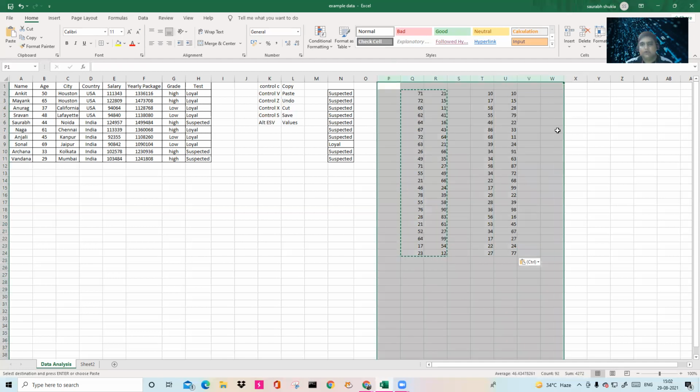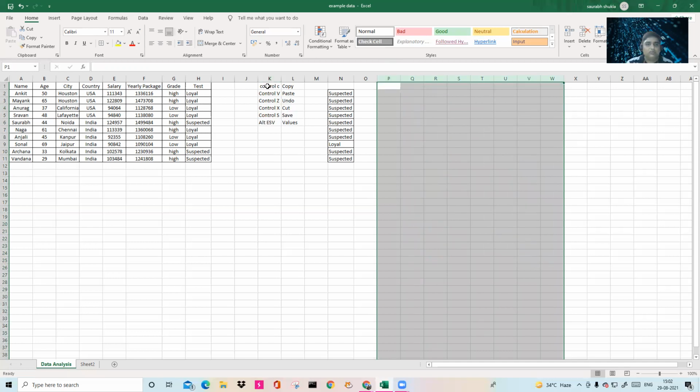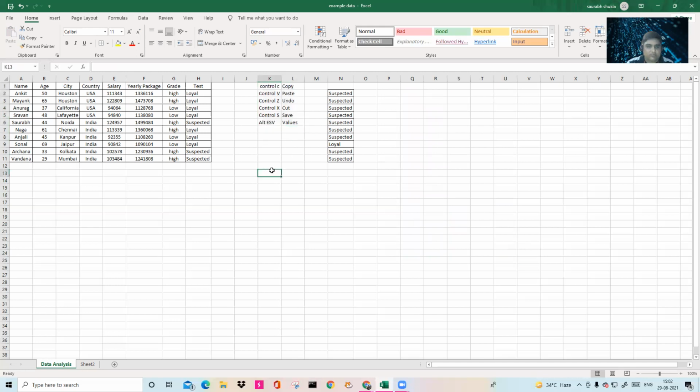Now let's focus on the data analysis part. Plus, minus, multiplication, everything you know, these are the formulas. Control S to save the file. Do this continuously. If you are new to Excel and do not know how to do that, just open one Excel sheet, create some random data, and do these kinds of operations: plus, minus, multiply, divide. Let's say I have created only these first two columns, and I will apply a new formula here, equal to this particular cell, because you can apply formulas on numbers only.